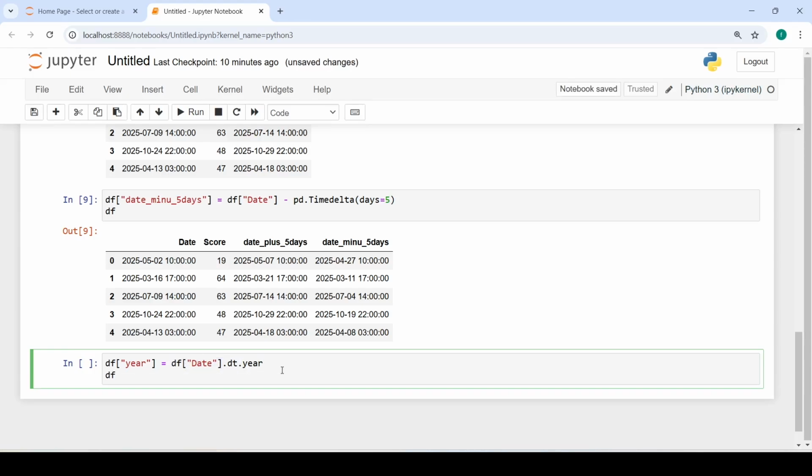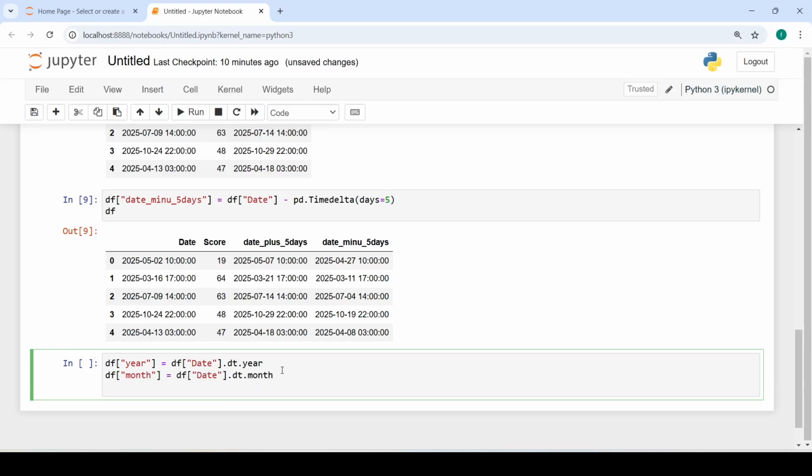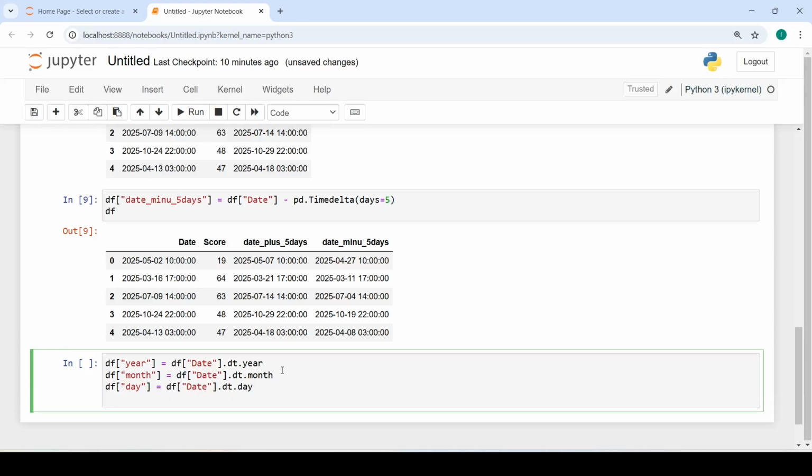Now the next one is df month, and then here I will write dt dot month, then df day, and then here dt dot day, then df of day of week, and then dt dot day underscore name,